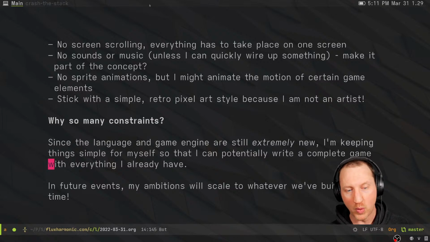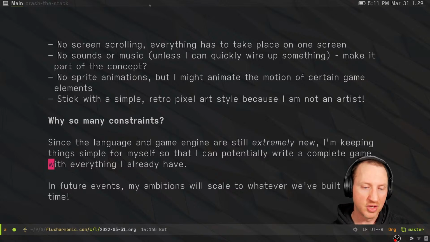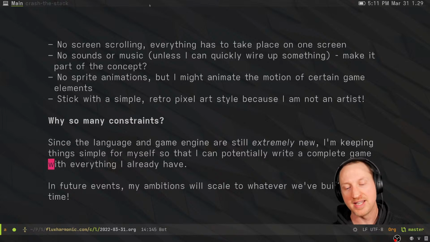So you may be thinking, well, why so many constraints? Well, it's because the language and the game engine we've been working on are still extremely new. And there's a lot of functionality they don't have yet. So I'm going to keep things simple for myself, so that I can actually have a chance at writing a complete game in 48 hours